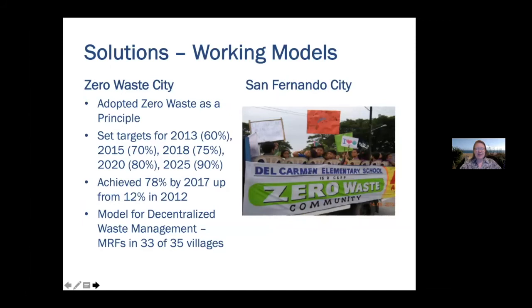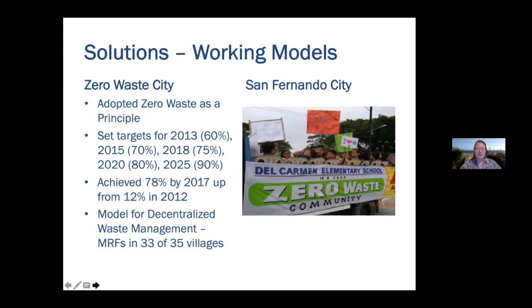So in San Fernando City, they are working toward zero waste. They adopted a zero waste principle and set targets for 60% recycling by 2013, 70% by 2015, and so on. And their goal for 2025 is 90%. They achieved 75% by 2017 and are working on that last 12%. They are a model for decentralization, and they have a number of material recovery facilities, MRFs, in 33 of the